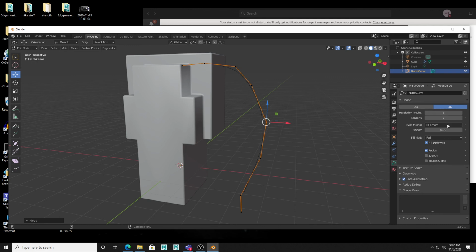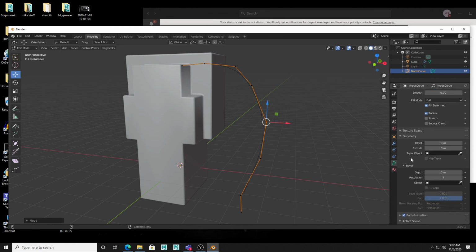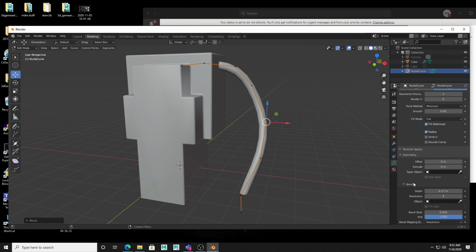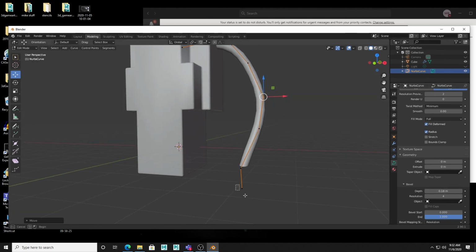So I usually have that lower. But there's an area called geometry, right? We open up the geometry area. And in the geometry area, there's something called bevel. And you'll notice that the depth is 0, but the moment I start to drag this up, so right, just green curve, open up the geometry section of the Nurbs curve options, and there's an area called bevel in which you can actually create a tube. Isn't that cool? And of course, like I said, I can keep extruding to add more of the